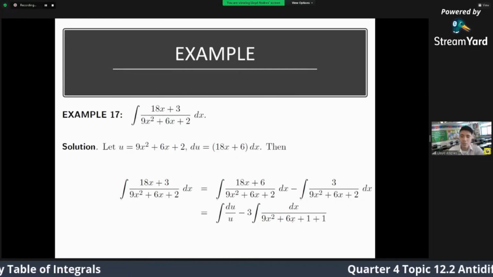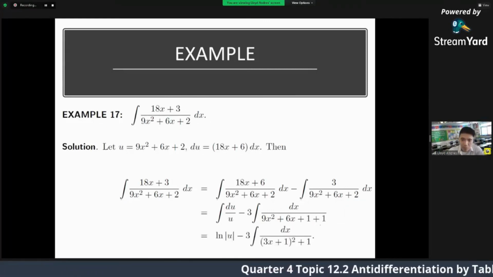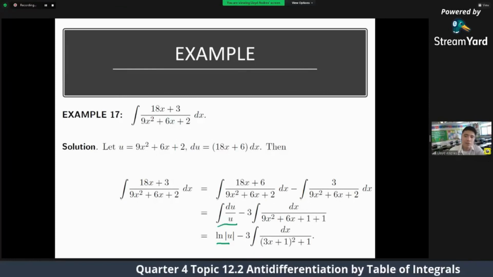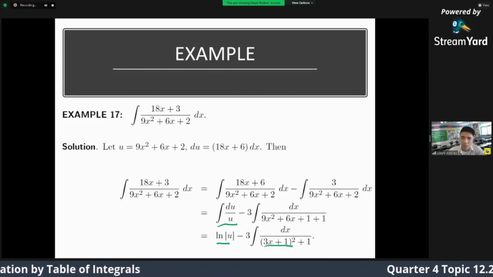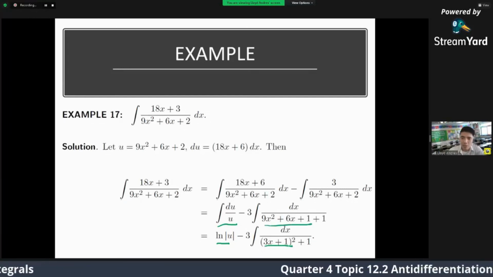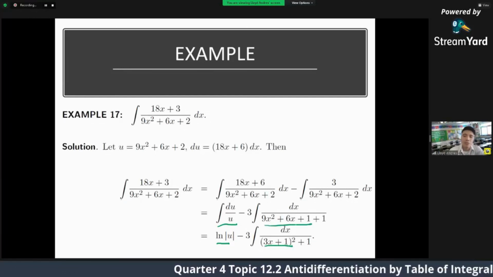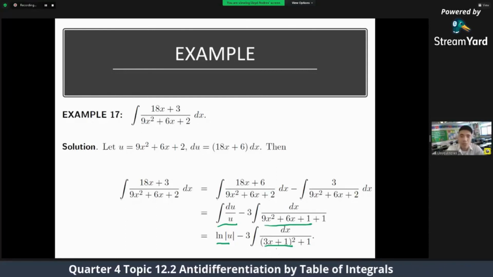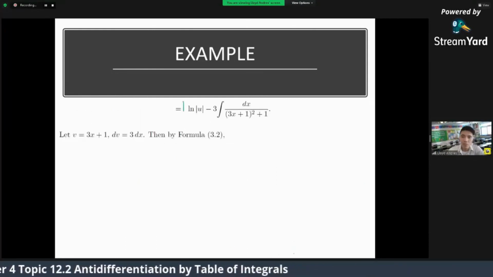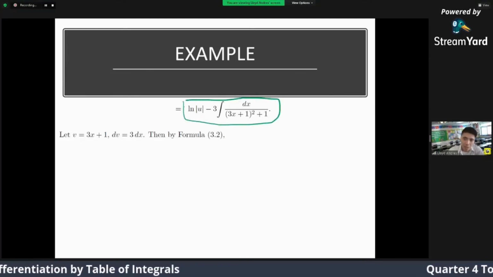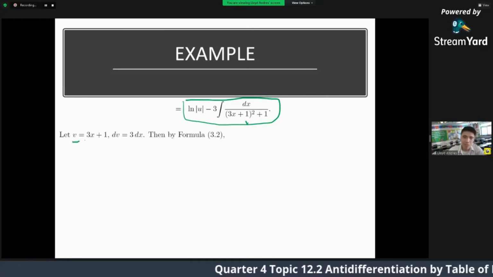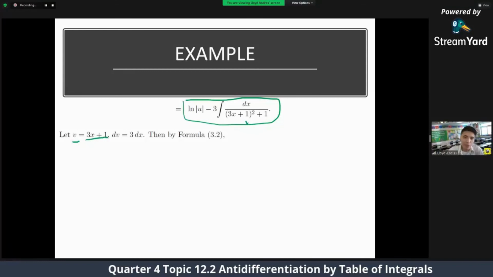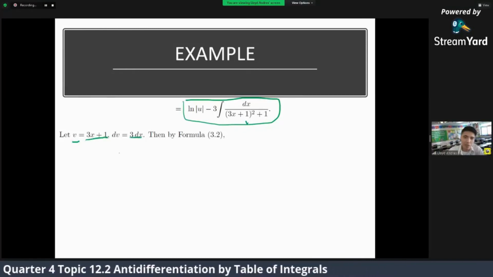Okay? Then this one, we know the integral is ln of u, while this one, in the form, he used this. This can be expressed as 3x plus 1 squared plus 1. Okay, so here he also let a new variable, let v. So dv is 3 dx. So dividing both sides by 3,